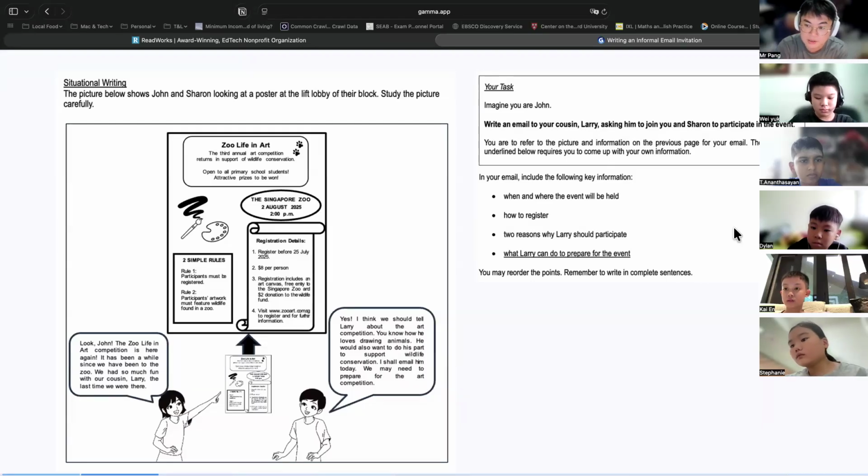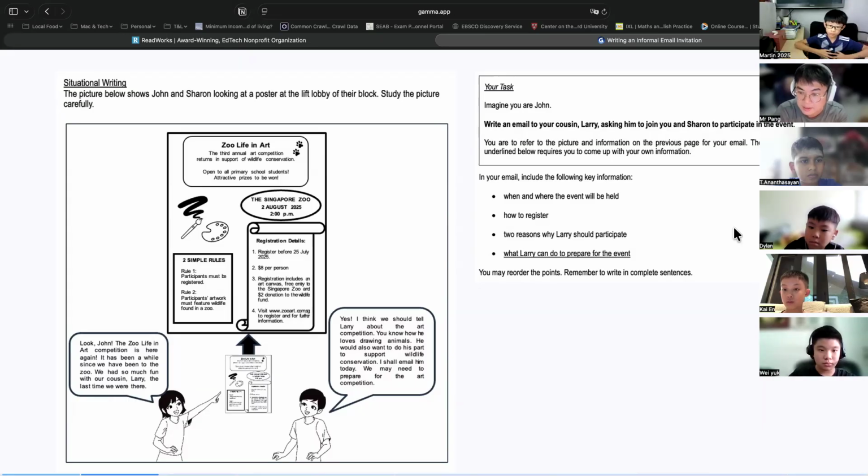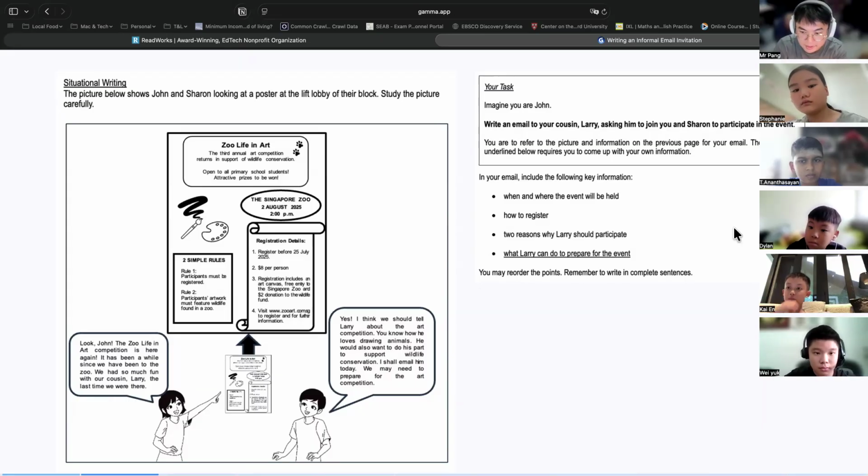Again, be very specific. Come back to the point about animals. It cannot just be about general art classes. Okay, Wei Yu? It's not just about generally drawing scenery, right? I want to improve my ability to draw animals. Why? Because this competition is asking me to draw animals, and it is my passion.